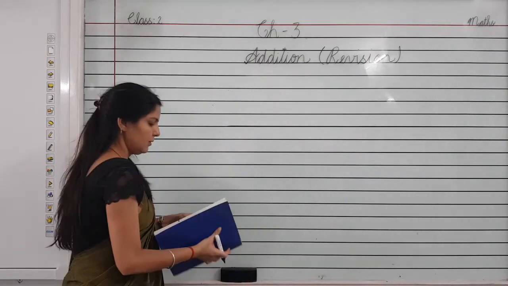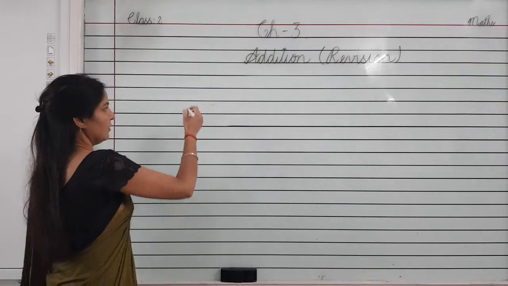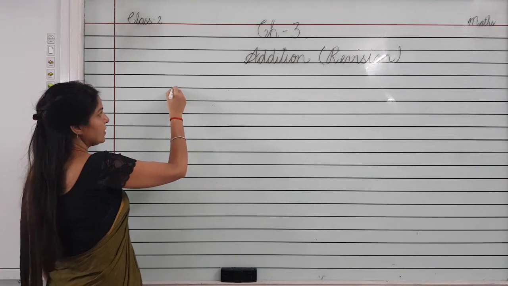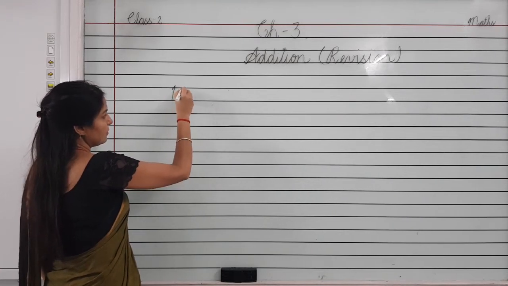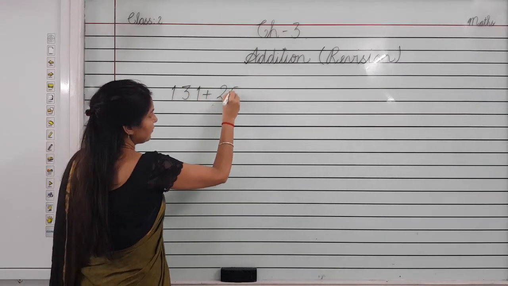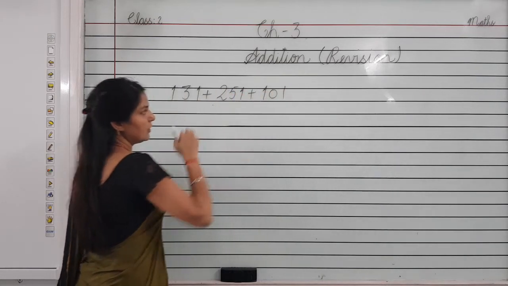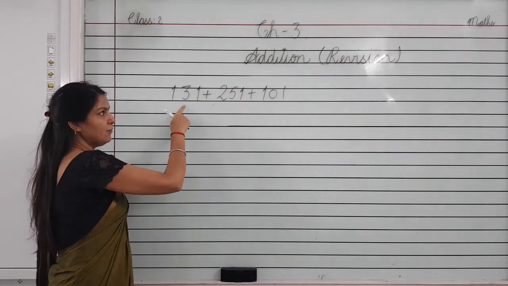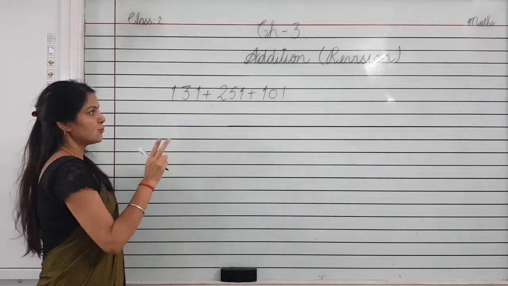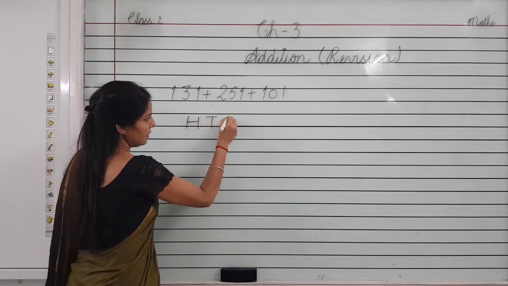This is addition of three 3-digit numbers. Here take one example first of all. I am taking 3-digit numbers 131 plus 251 plus 101. Now here you can see 3 numbers are here, 1, 2 and 3, and all these 3 numbers are having 3 digits. So we will arrange these numbers in columns H, T, O,